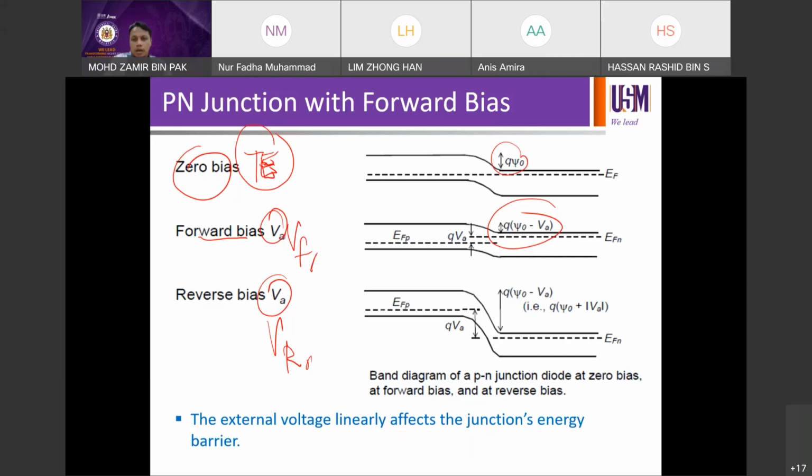From the perspective of carrier movement, for example, we have discussed that under thermal equilibrium condition, the carriers are no longer allowed to move because of the presence of the barrier in the middle of the PN junction. When the barrier height is reduced under forward biasing condition, the carriers can now move when the applied voltage is enough to induce the movement of the carrier. So at this point, you're going to have a diffusion of your